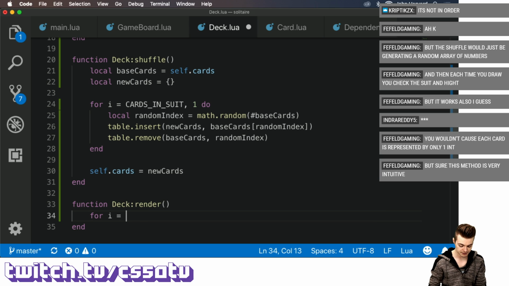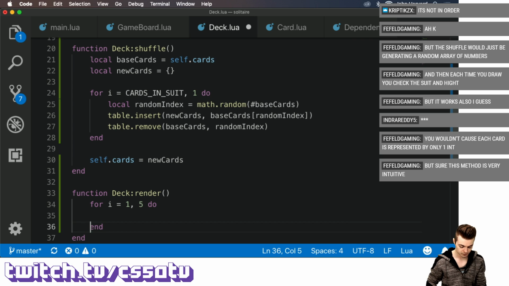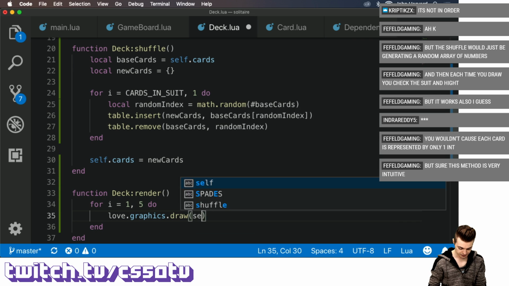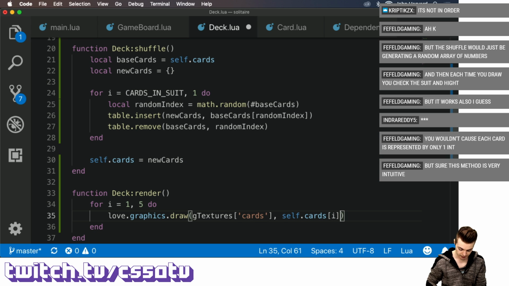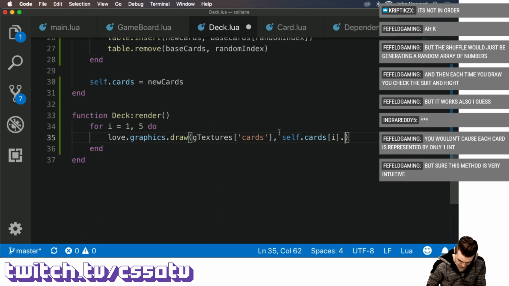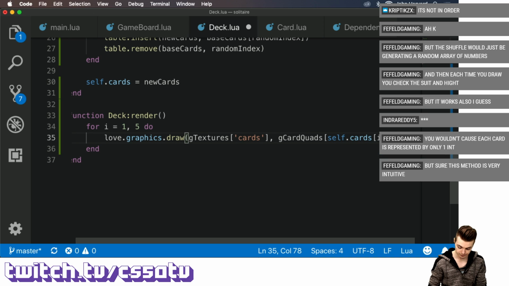I'm going to say for i equals 1 to 5, love.graphics.draw at self.card, or rather gTextures cards self.cards i dot, here we go. Do a gCardQuads at self.cards i dot, what is it, face, suit, and then at